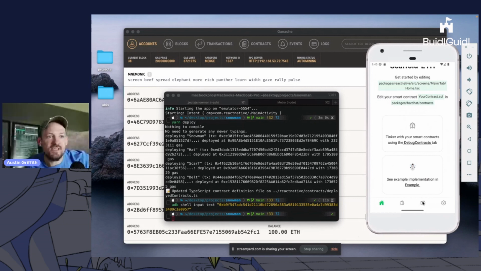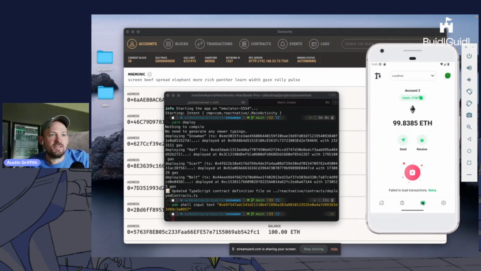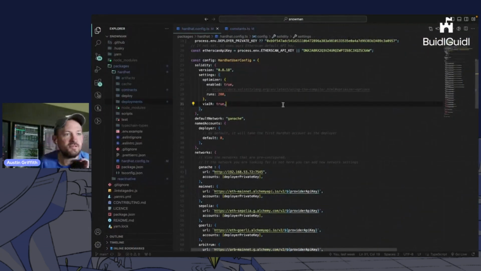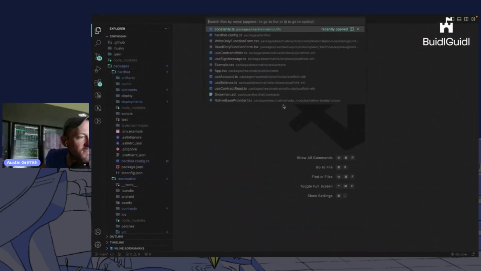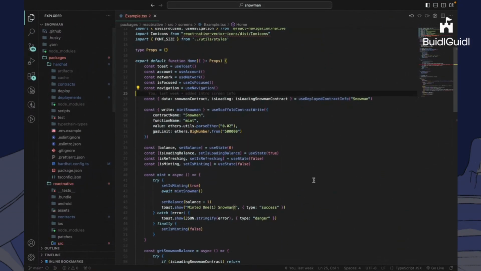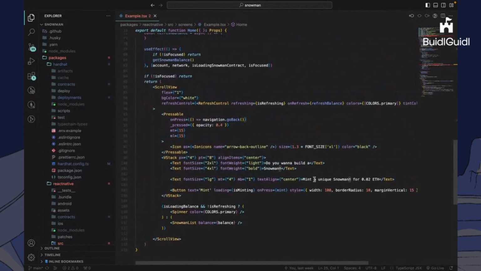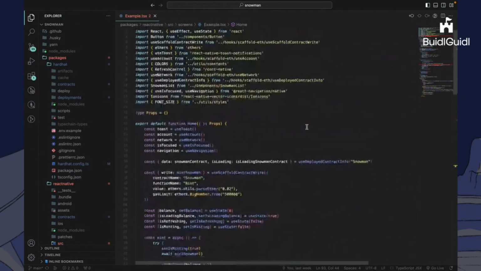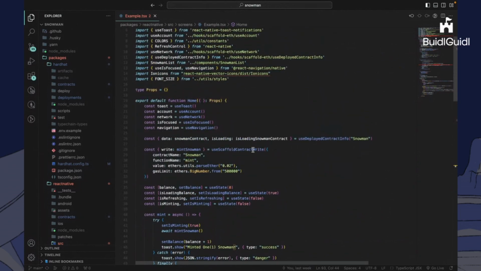Could you show us the example UI? Just show what that example mint page looks like in React Native. Yeah, here it is. So this is the React Native. I use NativeBase for the UI. You can see the Scaffold build also lets you